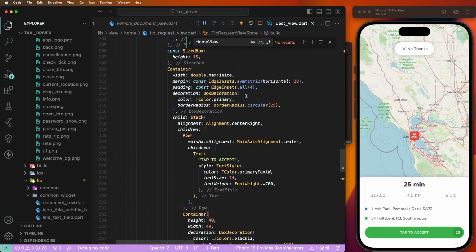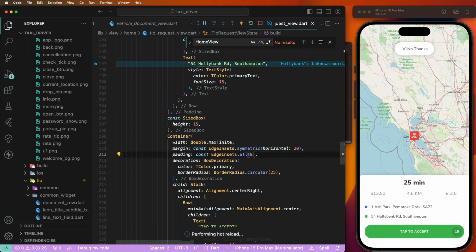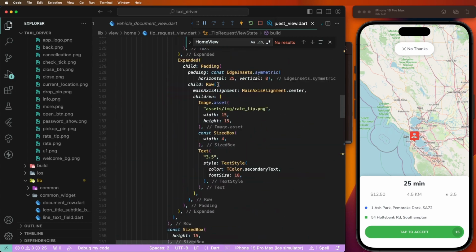Need to increase these paddings, 8. Now this UI is displaying here, but we need to set this UI inside the our view